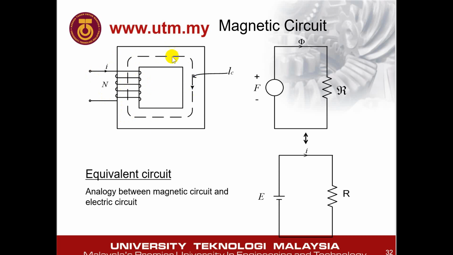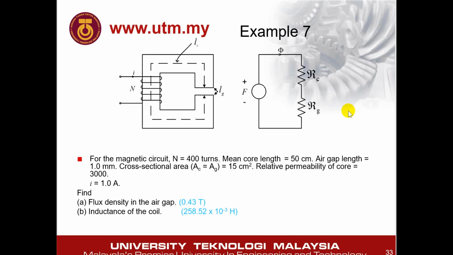Then this magnetic device is converted into an equivalent magnetic circuit like this. It's almost similar to an electrical circuit. All the laws can be applied, except that the magnetomotive force is F. Flux represents the current and reluctance represents the resistance. Reluctance can be written like this, or as S. Reluctance S.